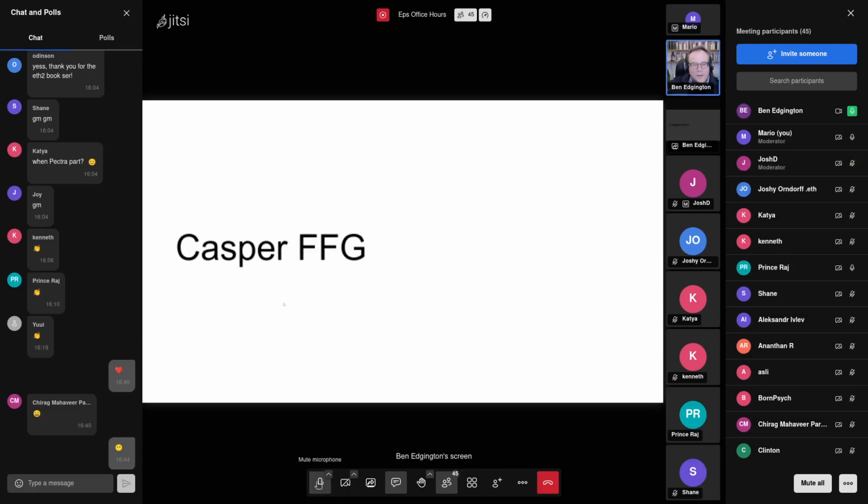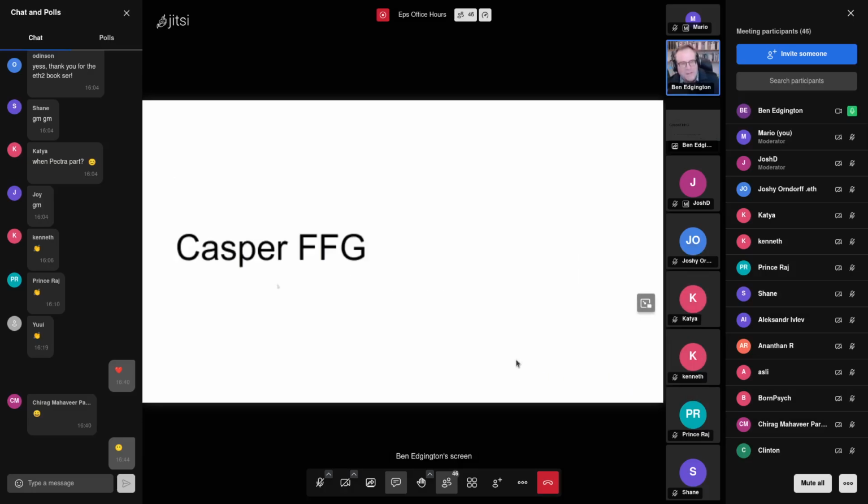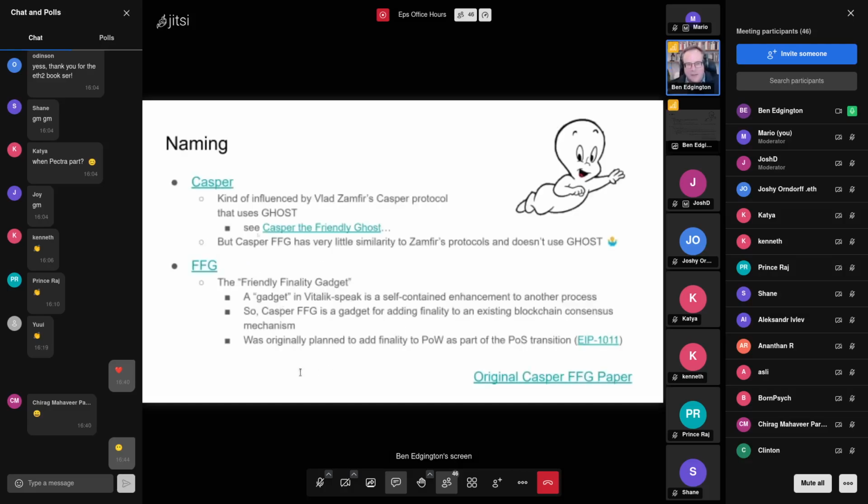Right, let's press on. Still, time is going more quickly than I expected, as usual. We'll look at Casper FFG. Okay, so LMD Ghost is a perfectly good consensus protocol, but we've decided we can do better. So we have this Casper FFG thing,